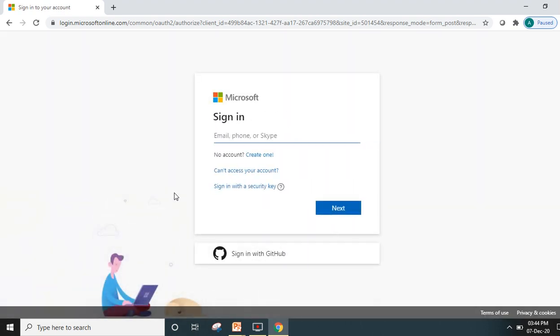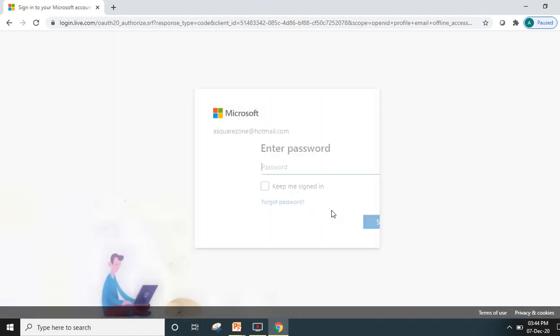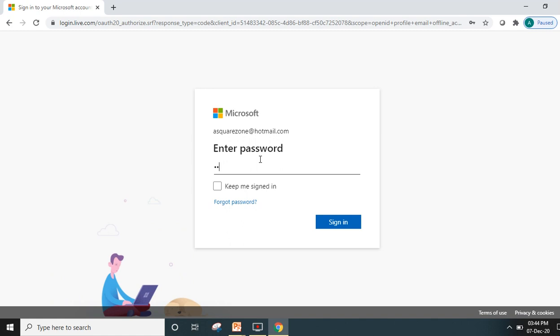In my previous sessions, we covered basic things about ADO. Using my mail ID, I'm going to connect. hotmail.com is my mail ID. If you have any queries, you can drop your mail to this, and we have to provide our password over here.